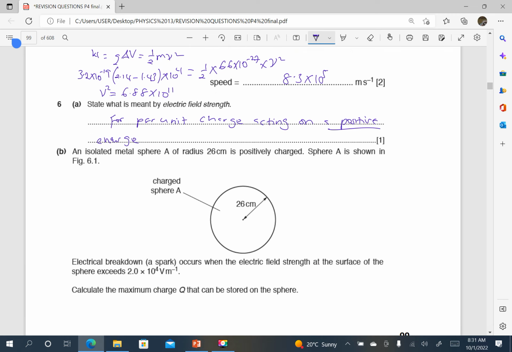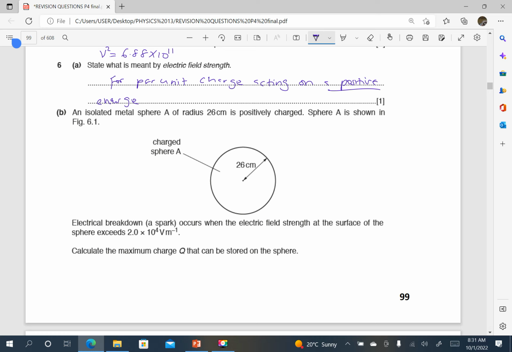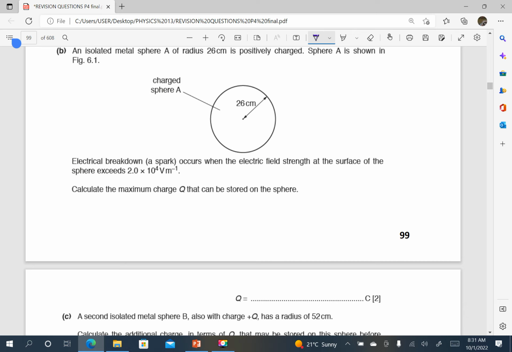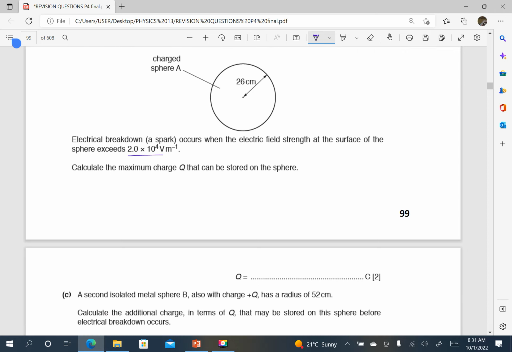Okay. An isolated metal sphere A of radius 26 cm is positively charged. Sphere A is shown here. Electrical breakdown occurs when the electric field at the surface of the sphere exceeds this. Calculate the maximum charge. So we know that electric field strength should be Q divided by 4 pi epsilon naught times x squared. I will just use 1 over 4 pi epsilon naught as 8.99 times 10 power 9. So I'll simply say 2.0 times 10 power 4 is equal to